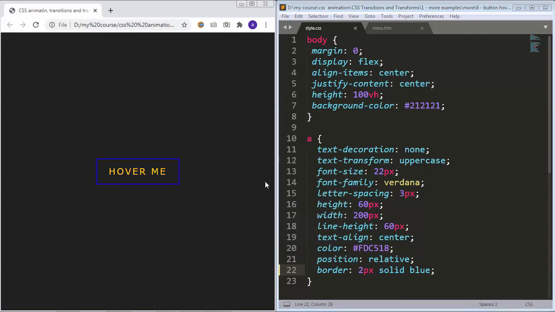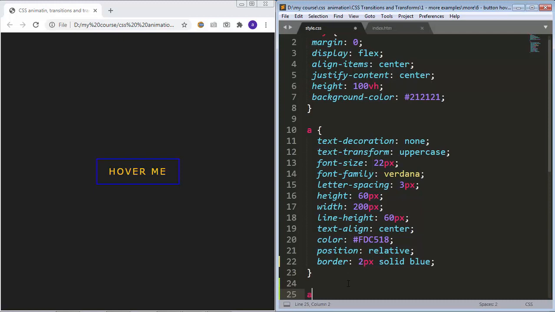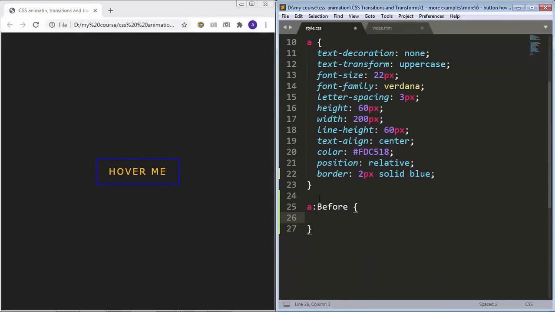Okay, so now we want to work on the long borders we saw in our demo and figure out how to create them. We will work step by step together in order to understand how they're created. First of all, to create the left and right borders, I will use the before pseudo element. I will just go right here and say before, and I will add content, empty string,